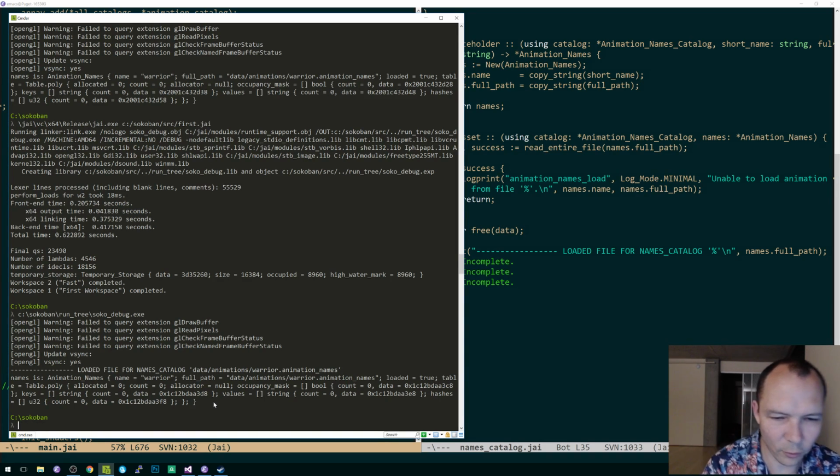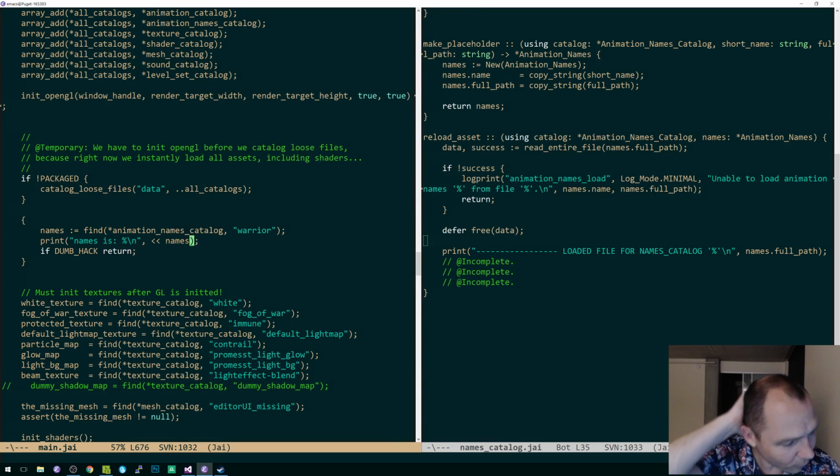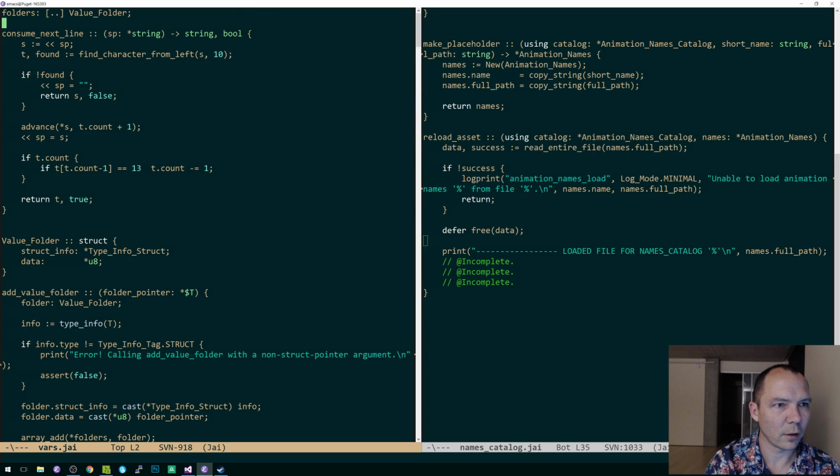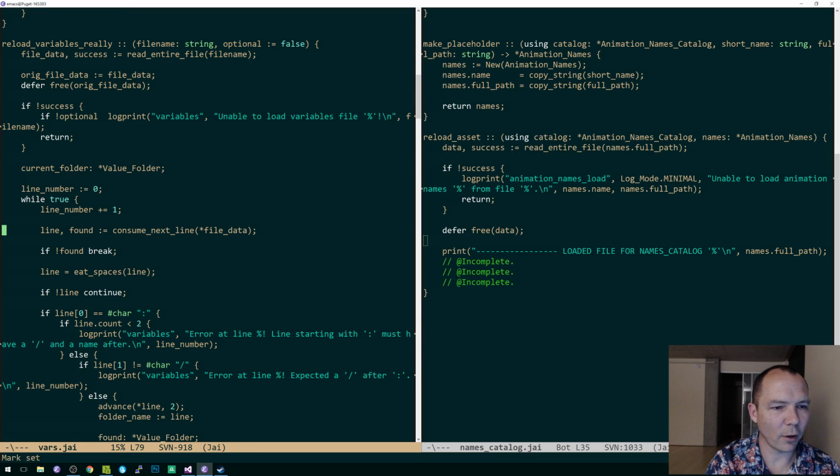Well, let's just start doing some text file stuff. What are some other text files that I load? Well, the variables stuff. Here we go. Consume next line, right. So I'm just going to start copying the pattern that I do here. I'm going to say loading, right? I'm going to say while true,